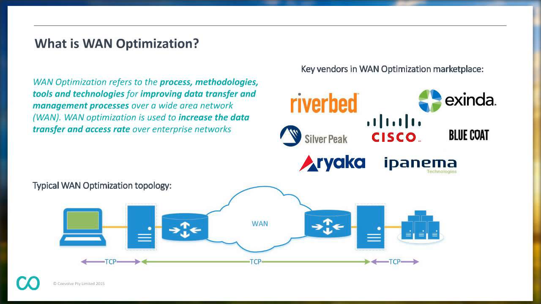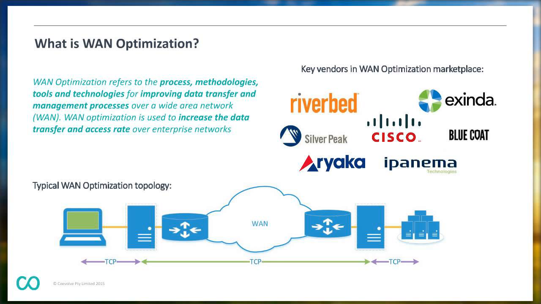means. Before we get into the detail of that, maybe it's worth just a very brief recap on what we mean by WAN optimization itself. Well, as we all probably know to some extent, WAN optimization is really about the processes, methodologies, and tools that you can put in place on a wide area network to get improvements in the data transfer rate, in utilization levels, in latency and response times of applications and so on.